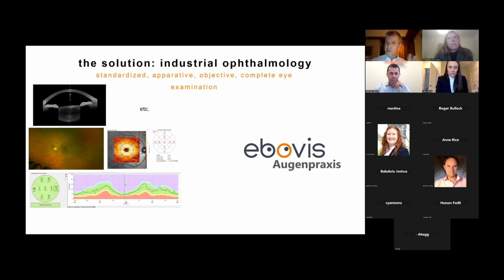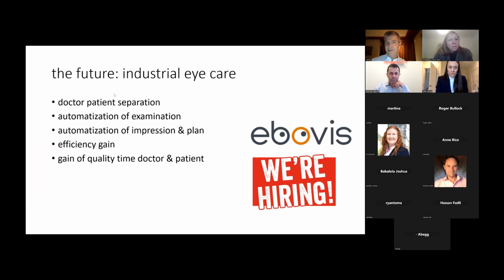So in terms of doctor's time, there is a massive efficiency gain in an approach like this. And that's like an experiment on how maybe eye care will develop in the future in a way that allows